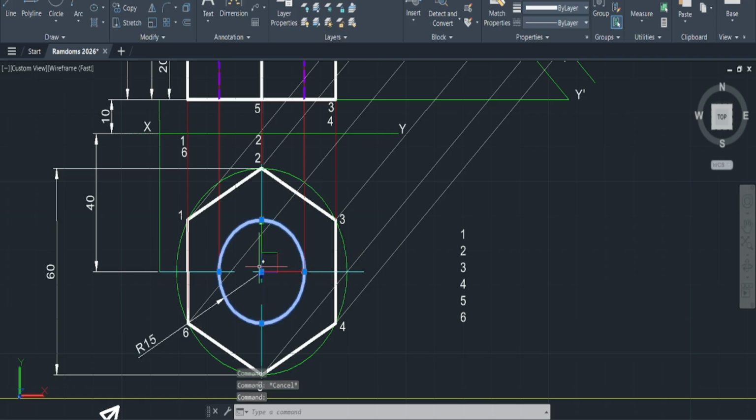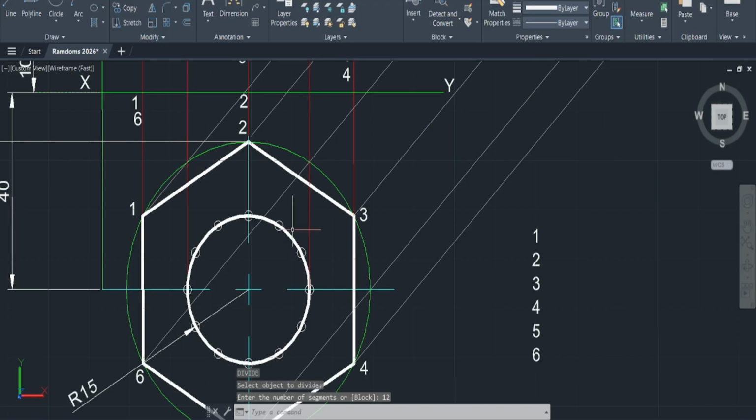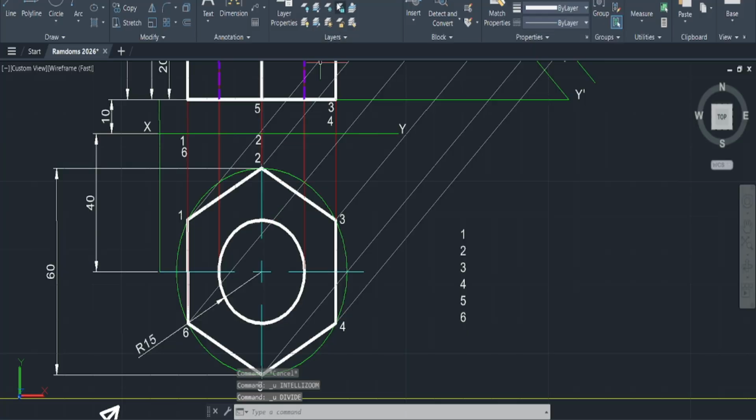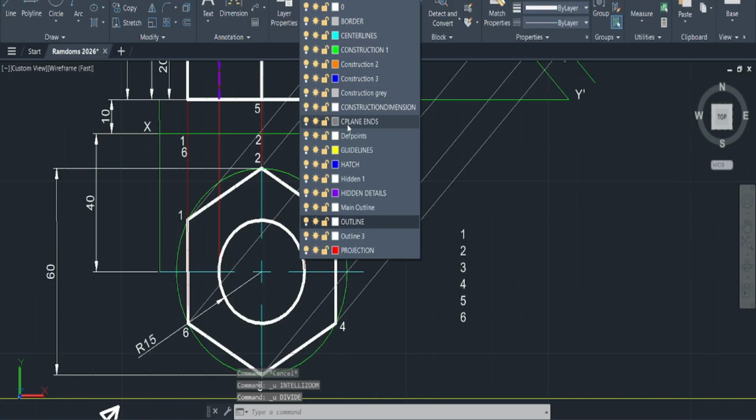So now we're going to just do 12. Yeah, let's do a 12 point division. So we're going to divide this object into 12 segments, and now these are the 12 segments. So I'm going to switch from outline. Let me just Ctrl Z, Ctrl Z. I'm going to go back into my